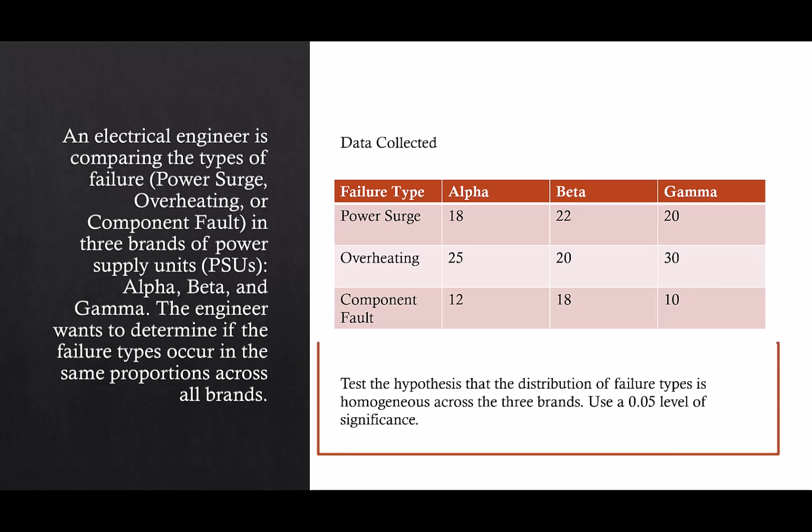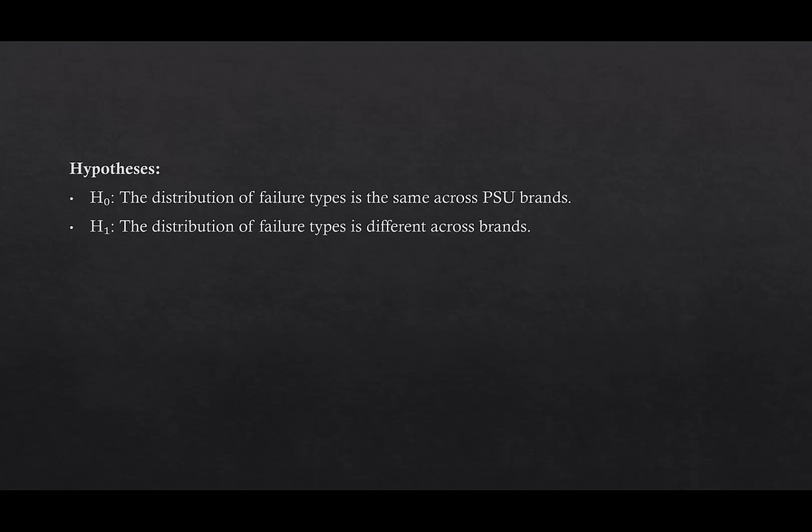We're going to test the hypothesis that the distribution of failure types is homogeneous across the three brands. We're going to use a 0.05 level of significance. The first thing we need to do is state our hypothesis. Our null hypothesis will be that the distribution of failure types is the same across the PSU brands. Then our alternative hypothesis, that we can call HA or H1, is that the distribution of failure types is different